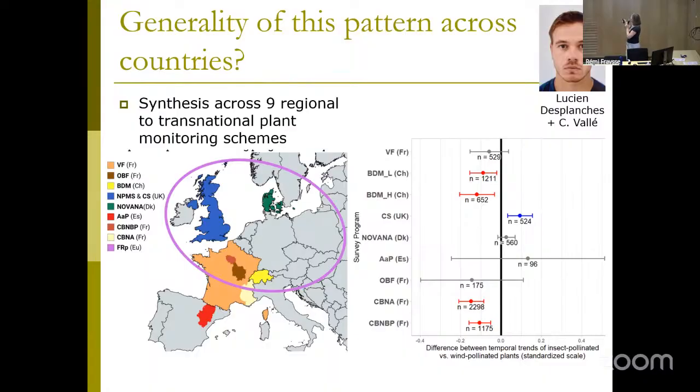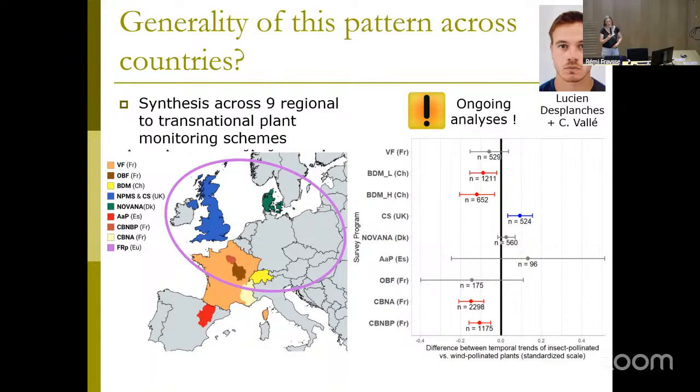But you have even a case in the UK in which insect-pollinated species have more favorable temporal trends than wind-pollinated species. So this is still ongoing analysis, so I don't want to conclude very strongly on this, but there still is a tendency for more negative temporal trends for insect-pollinated species, and the differences can be explained by the starting date of the different